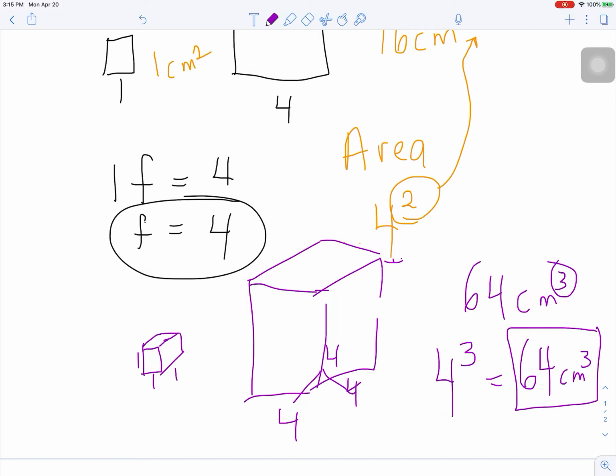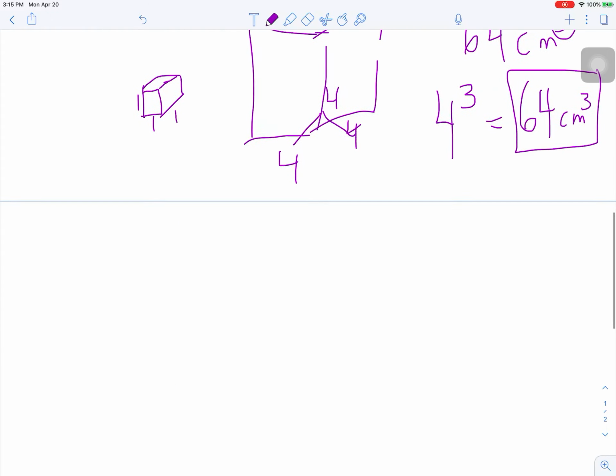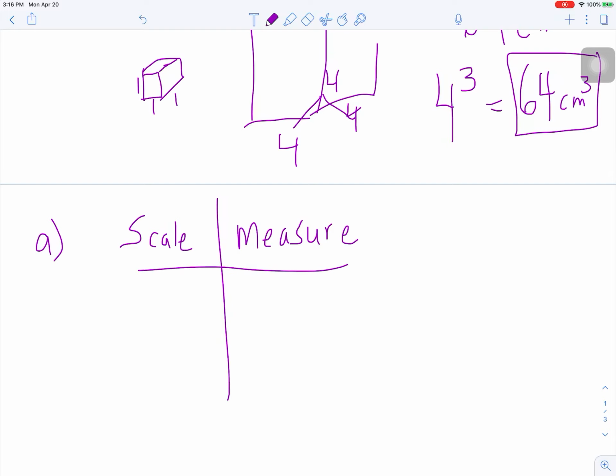So scale factor and how that works to area and volume, you cube it and you square it. Cube it for volume and square it for area. So let's go to the practice set. So A, it says blueprints were drawn on a scale. Remember, scale, measure of 1 to 24. All right, so here it says if a